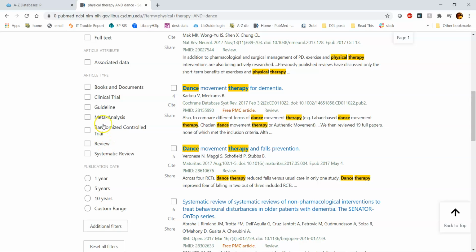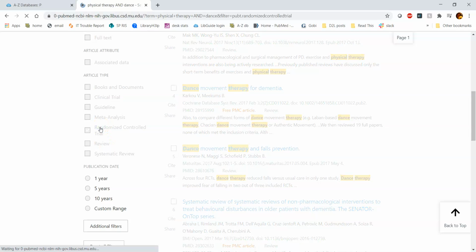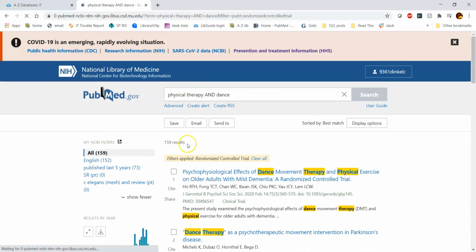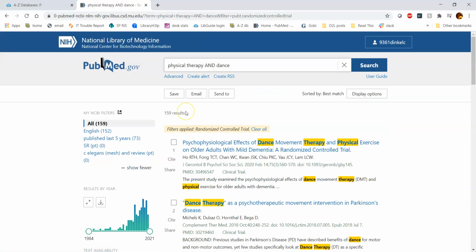So if I click this randomized controlled trial, what it's going to do is take my search term, it's going to add this additional filter. And so I went from over 1,000 results to 159 results. So these are all of the articles in PubMed that reference physical therapy and dance and are considered a randomized